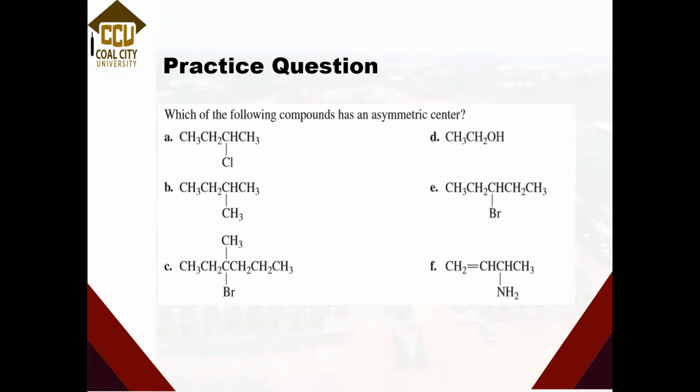Okay, now let's see how to solve this question together. All right, the first one, this structure here is a 2-chlorobutane. It's a 2-chlorobutane, and it's very obvious that this first carbon cannot be a chiral center because it's CH3. This second one cannot be a chiral center because it is CH2. But this third one, we have